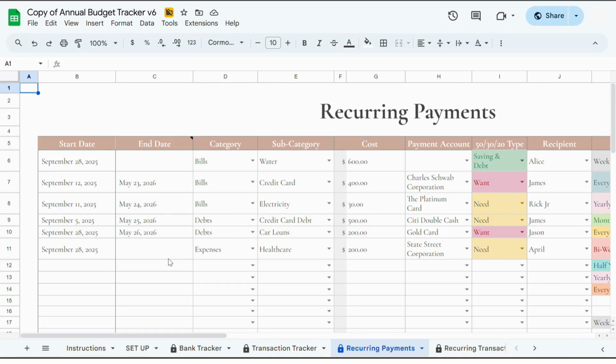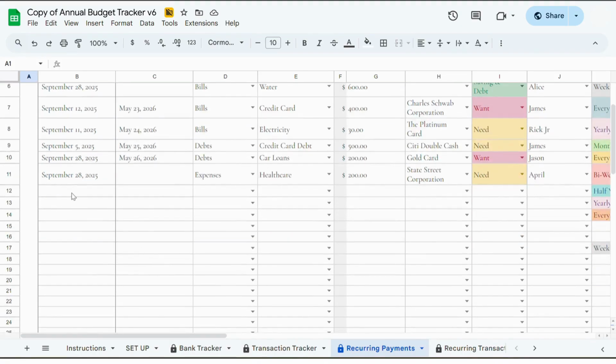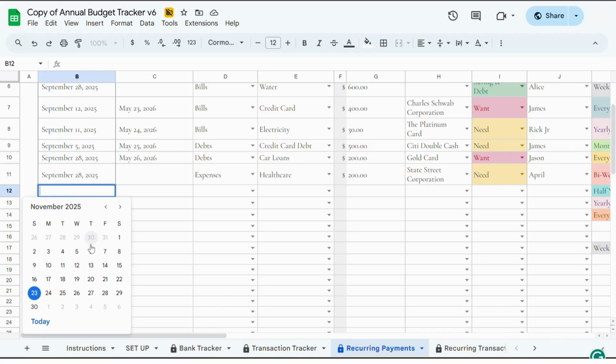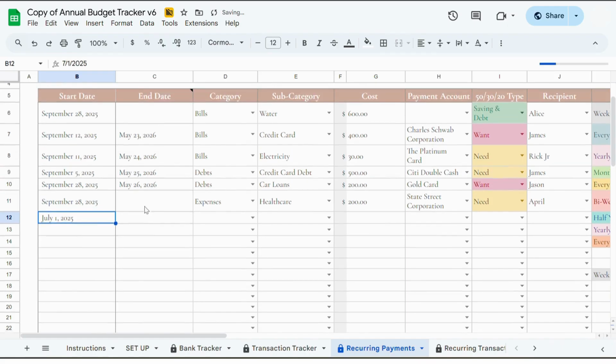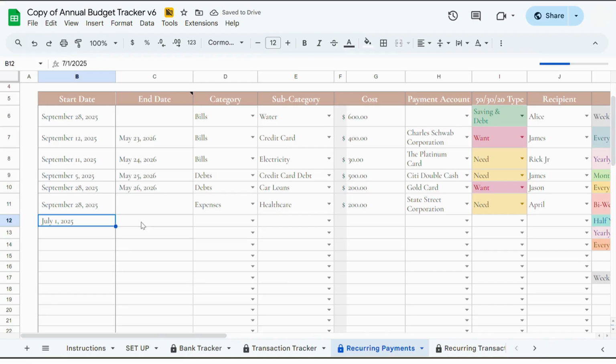So suppose I have to enter. I'm starting to pay from July 1st. You need not enter an end date as it is clearly mentioned there that it's optional. So from July 1, I have to pay bills